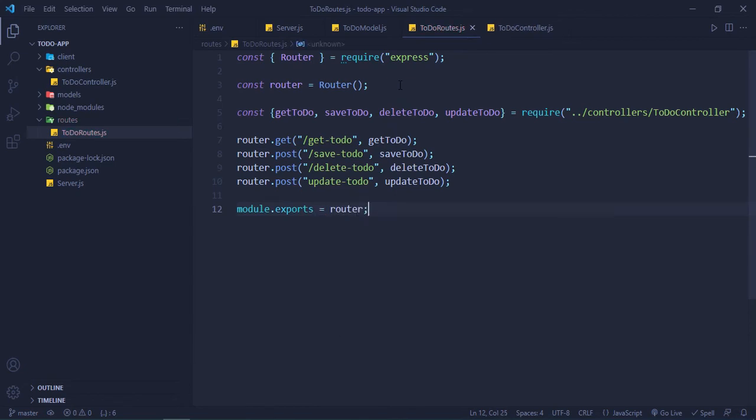We will export this router, and now we will go back in server.js,